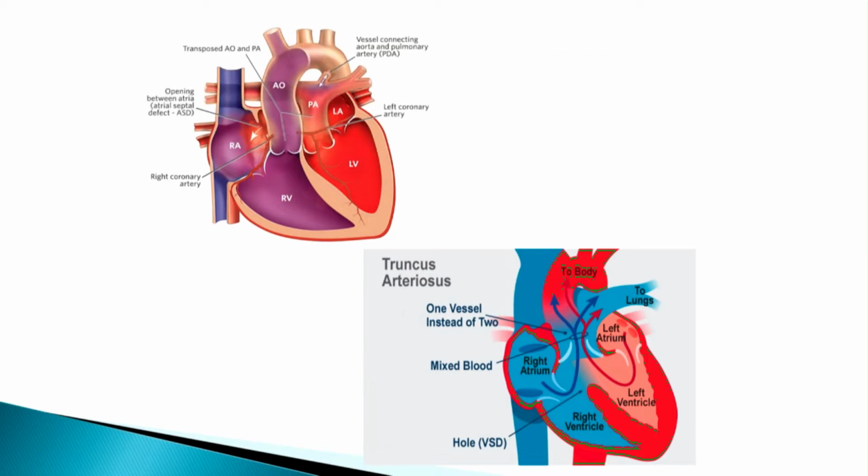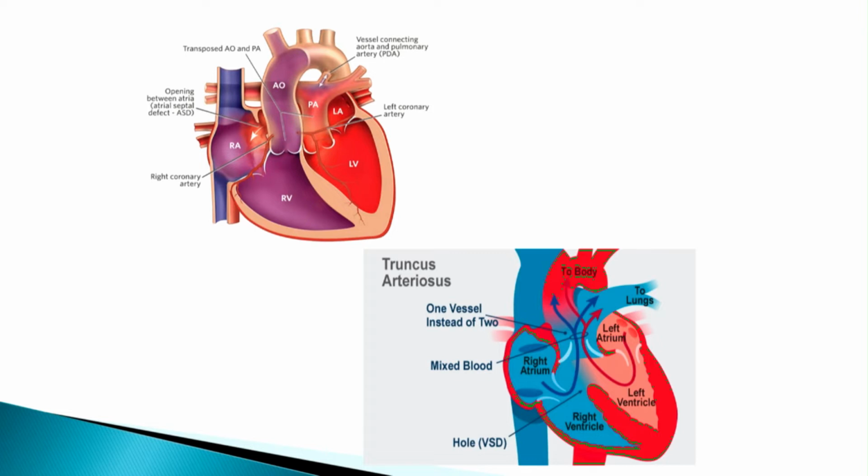An example of shunting of blood from right to left includes transposition of the great vessels. As we can see here, the aorta should arise from the left ventricle, but it arises from the right ventricle. Even the pulmonary artery should arise from the right ventricle, but here we can see it arises from the left ventricle. So this is transposition of the great vessels,